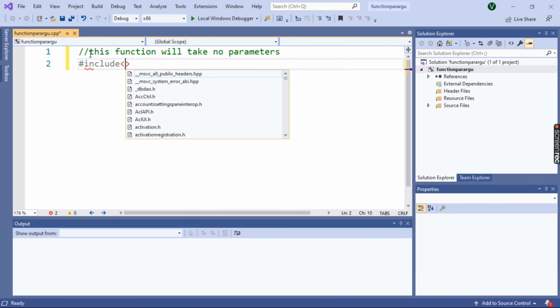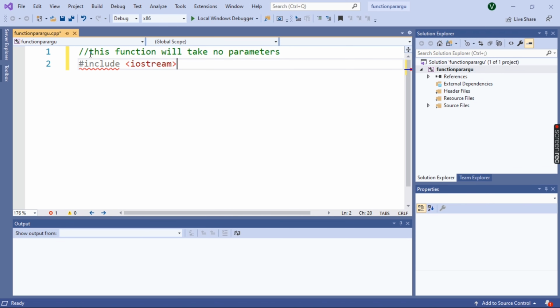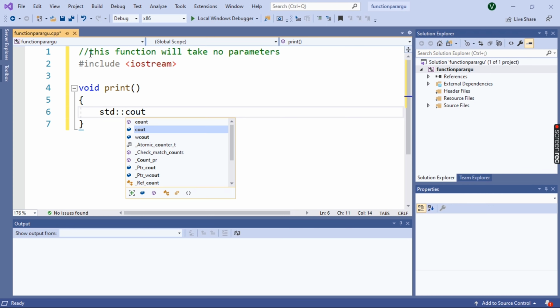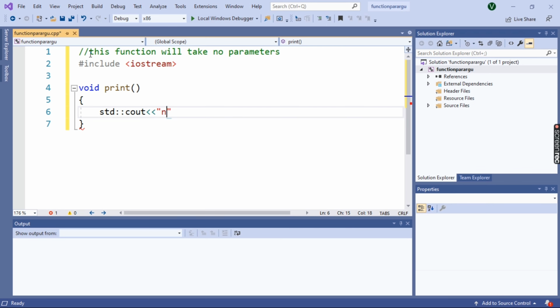So first of all, #include <iostream>, that is the pre-compiled header. Then we will make a blank line, then void print. This is the function: print is the function name, void is the return type.